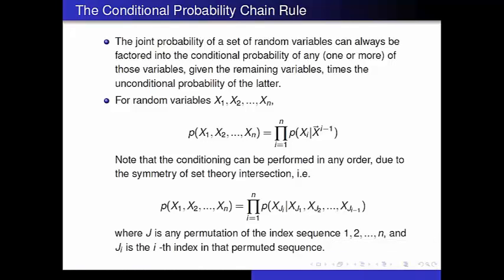Where is this all coming from? Well, it's just going straight back to the conditional probability chain rule that we've already reviewed. I'm just going to write this out in kind of a standard form here, which is that for some set